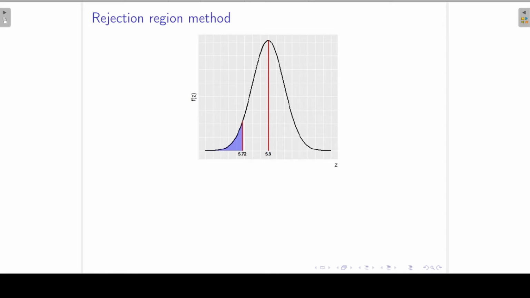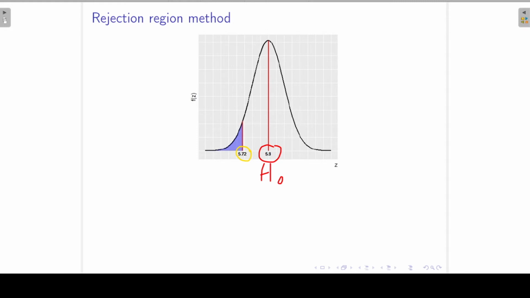My null hypothesis is that the mean is equal to 5.8, and then we calculated a cutoff value, this 5.72, and we said that if my sample mean lies to the left of that cutoff value, I will reject the null hypothesis. And my sample mean was 5.7, it lies to the left of the cutoff, and therefore we reject